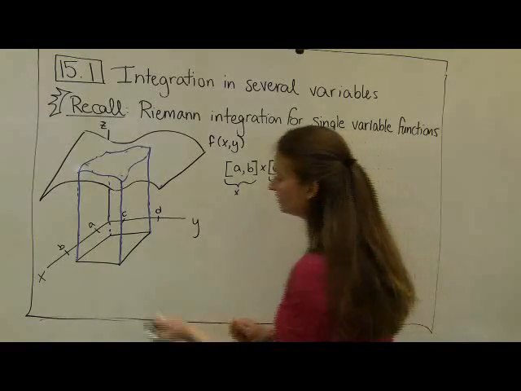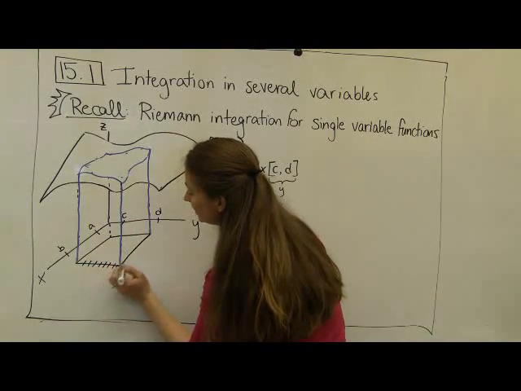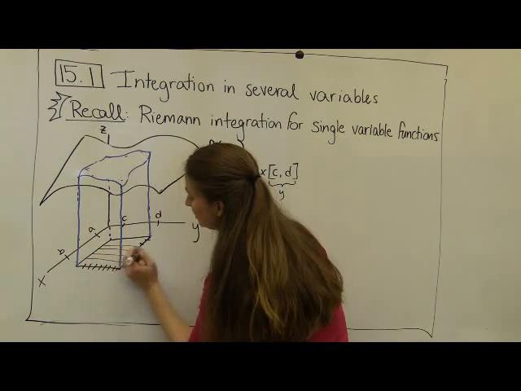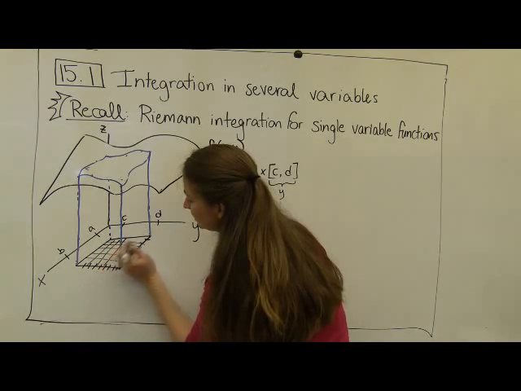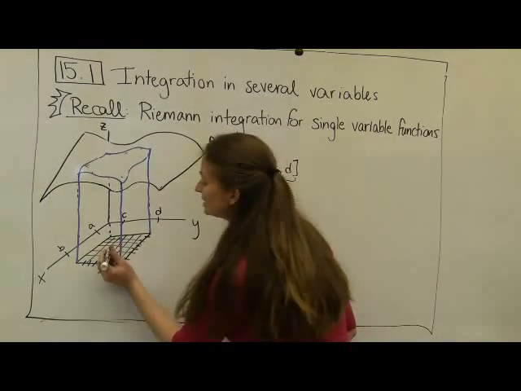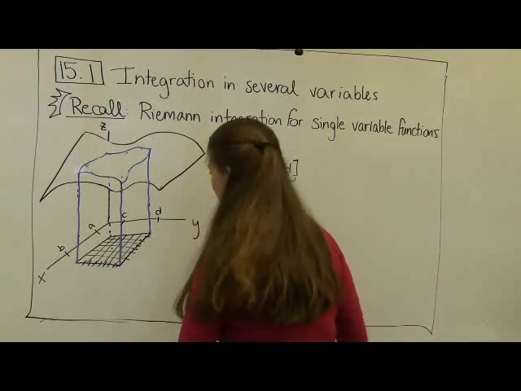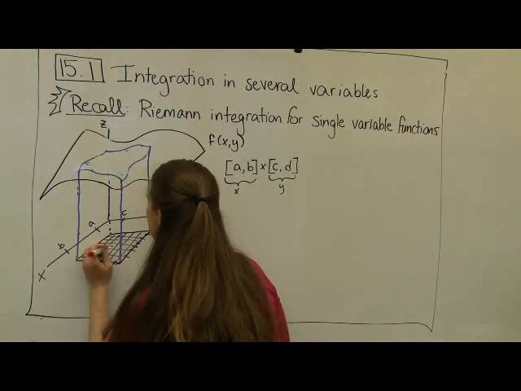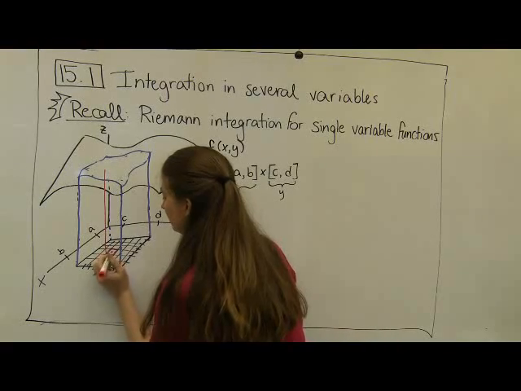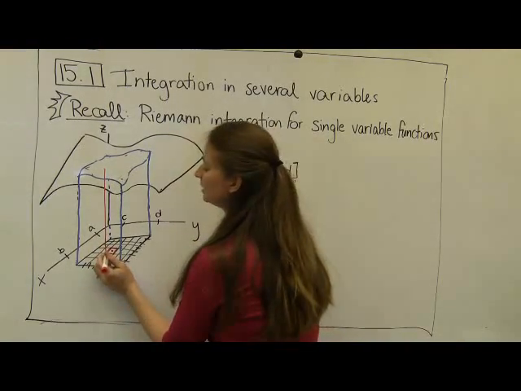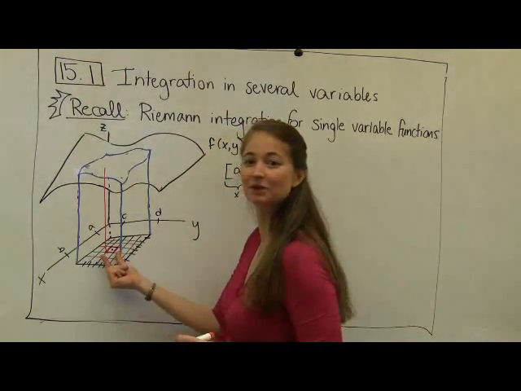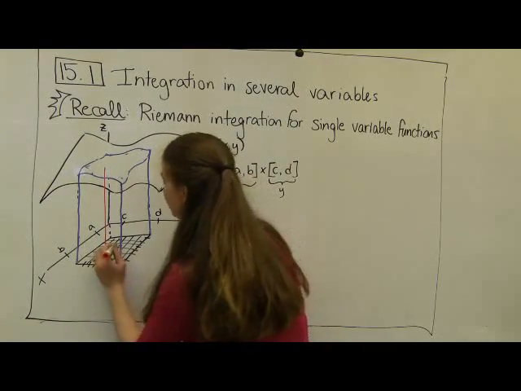So just like before, I'm going to break up my rectangular region into lots of little intervals. Only this time, because I'm breaking them in both the x and the y direction, I'm going to end up with a bunch of little squares down here in the base. And for each little square, I can pick a point in this square, and the height of that is going to give me some rectangular box. So if I pick this square, I'm going to pick a point in that square. It could be the left endpoint, it could be the right endpoint, but notice that there are lots of endpoints because it's a rectangle instead of an interval. So I pick a point in this region,